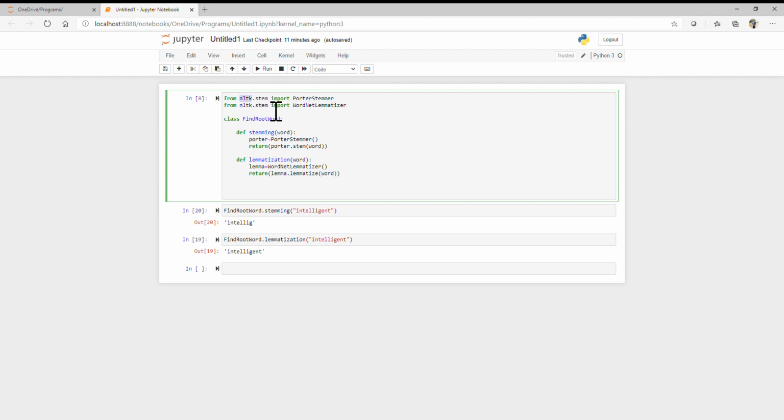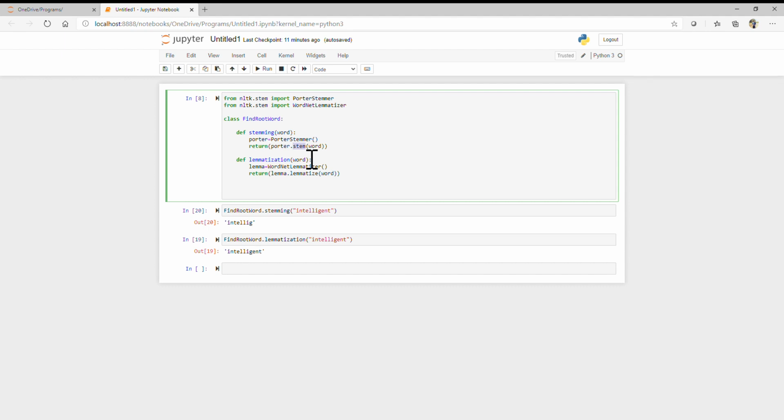Inside NLTK there is a module called stem, and in that stem we have one class called porter stemmer. In that porter stemmer, we are creating one object called porter, and we are using that object and calling that particular class